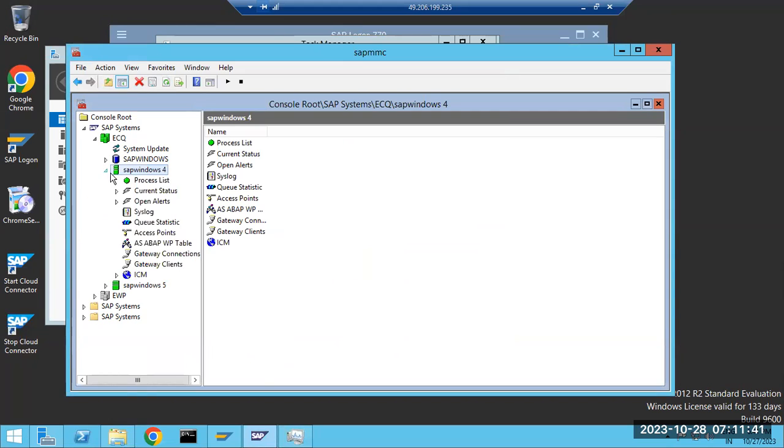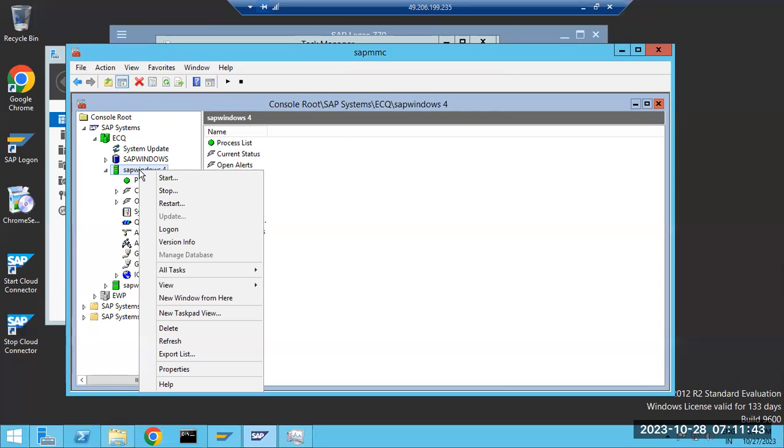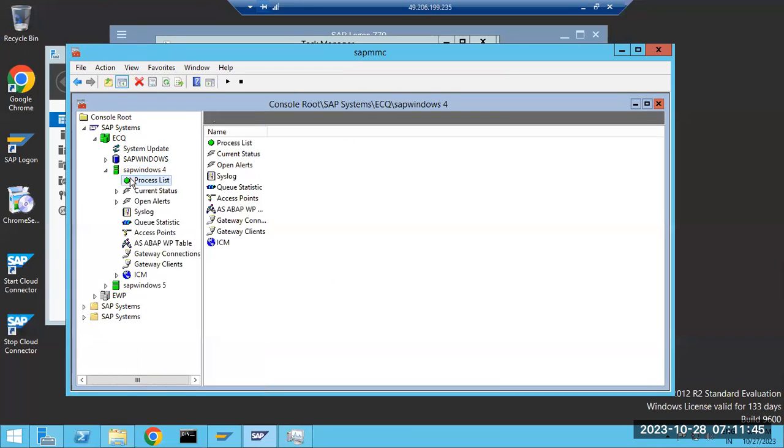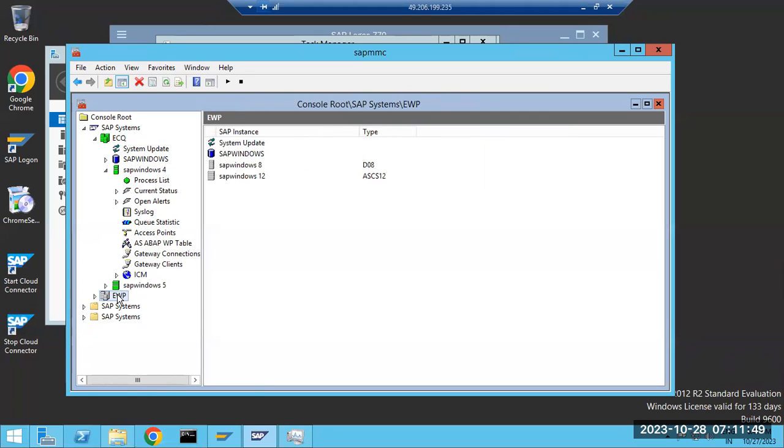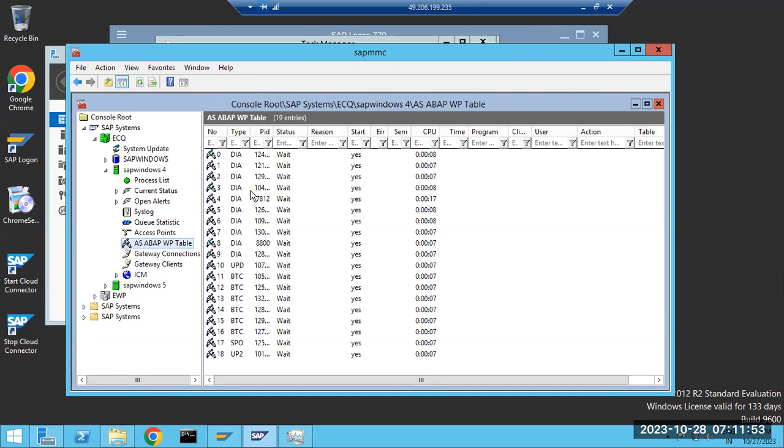Yes, the other one, the ASAB work process table. Okay. We can't see this one. You always require a password for this.